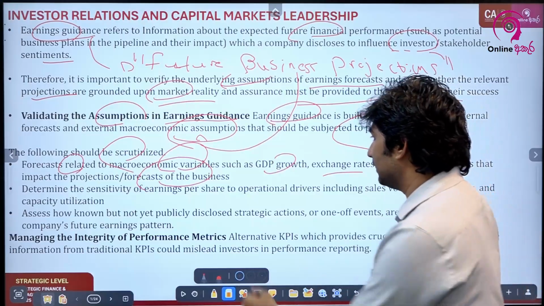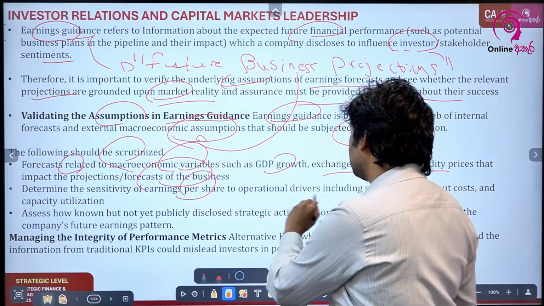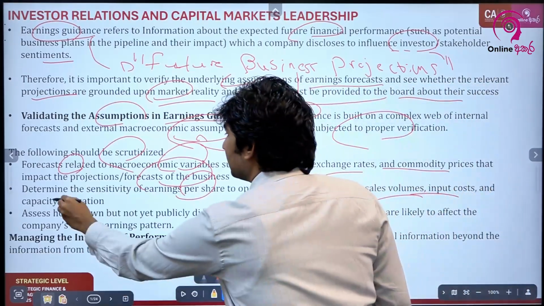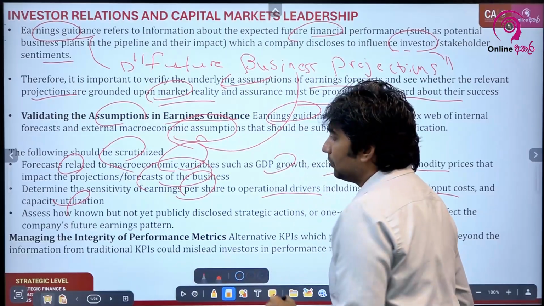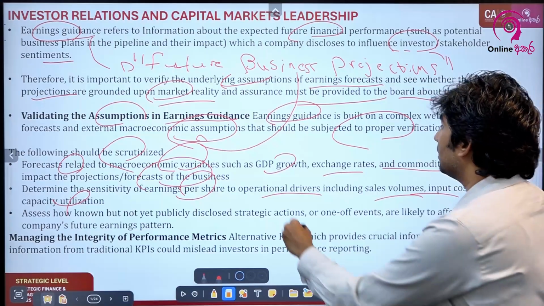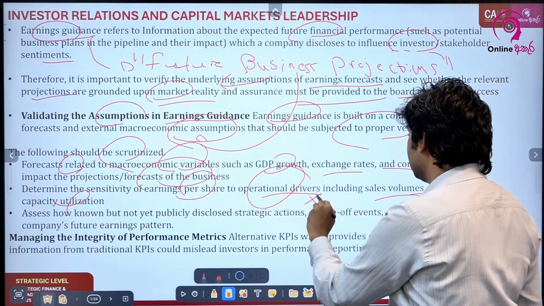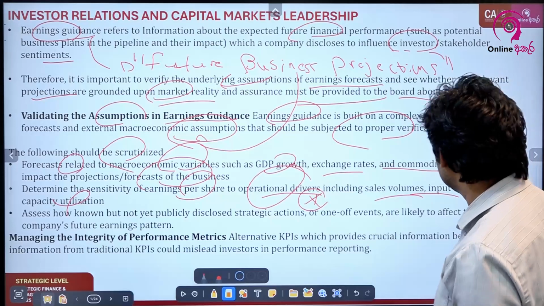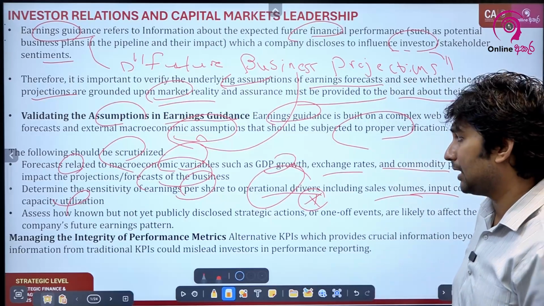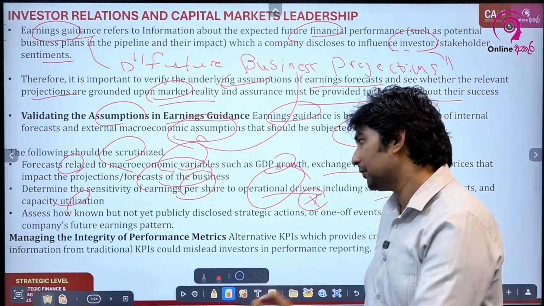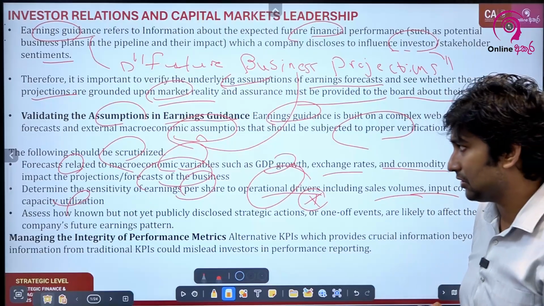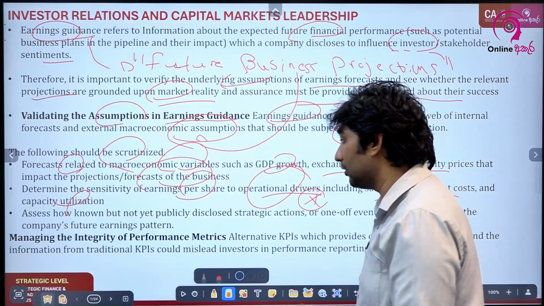Determine the sensitivity of earnings per share to operational drivers including sales volumes, input costs and capacity utilization. So you need to see how your earnings fluctuate depending on key operational drivers such as your volumes, your input costs and your capacity utilization. So there are key drivers of business performance for any organization. You need to see when these drivers change, how does it impact your earnings, and also you need to see,